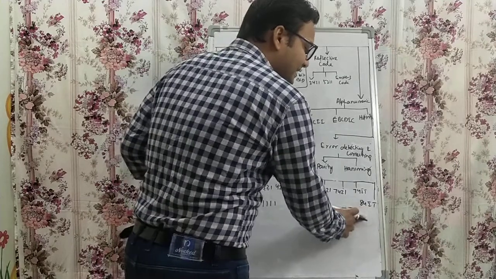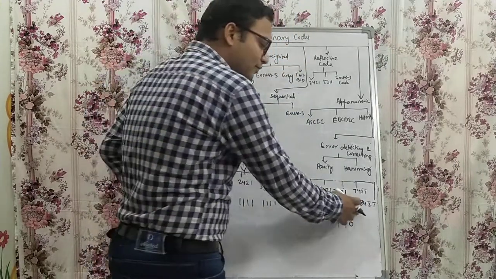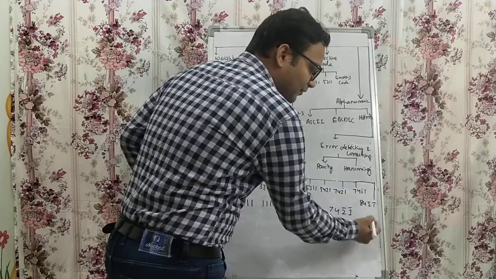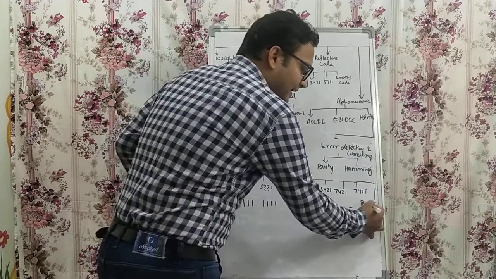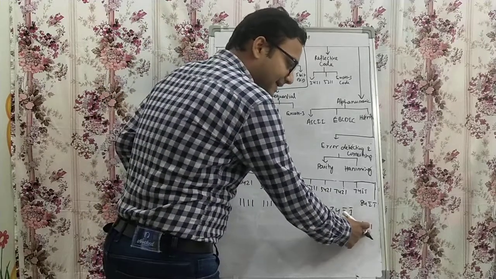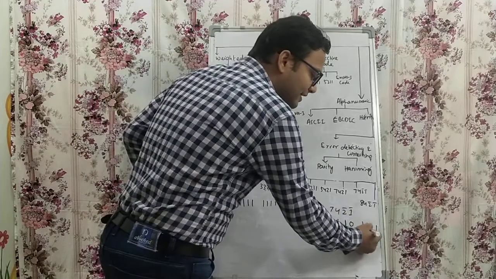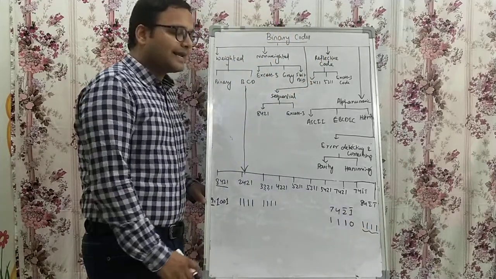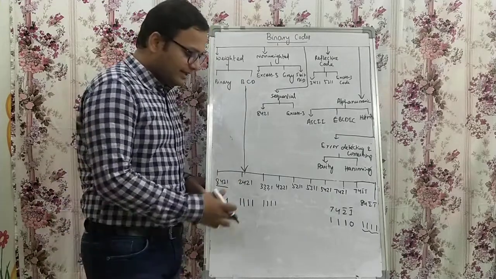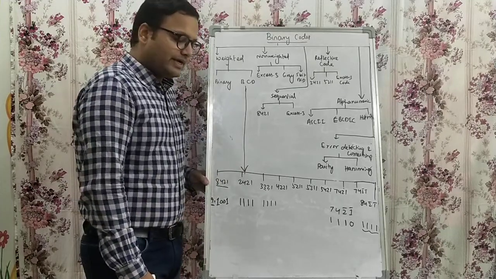Now how can we represent 9 with 842 bar 1 bar? See here, 8 plus 4 is 12, minus 2 is 10, minus 1 is 9. So 1111 also can be represented as 9 under 842 bar 1 bar code. So this is actually the weighted code. According to the position of the weight, the value is represented. That is called weighted code.